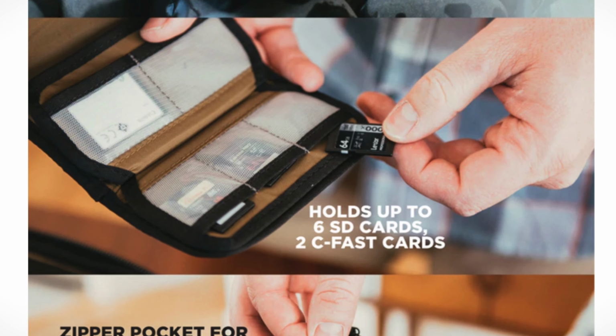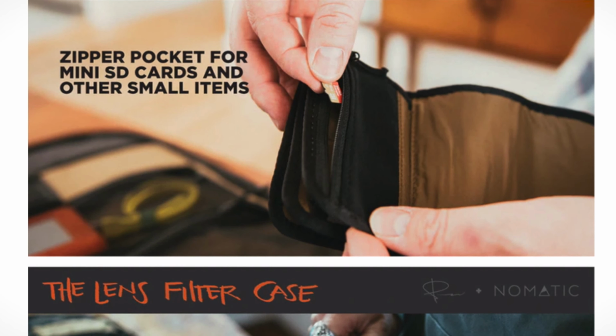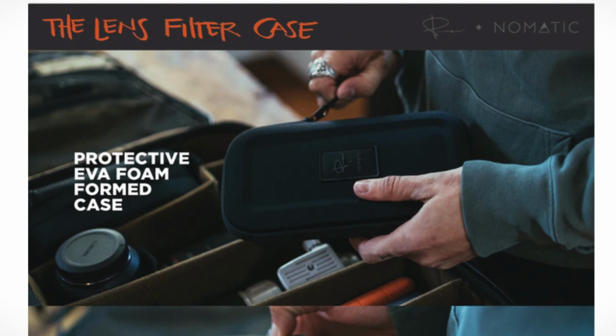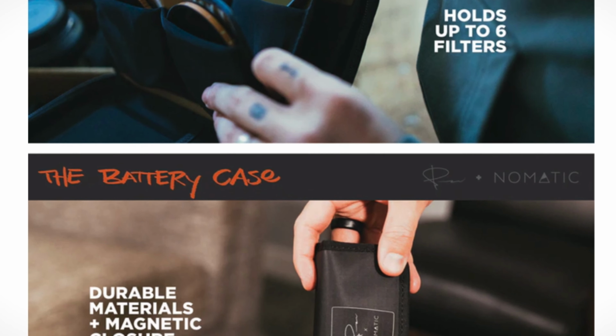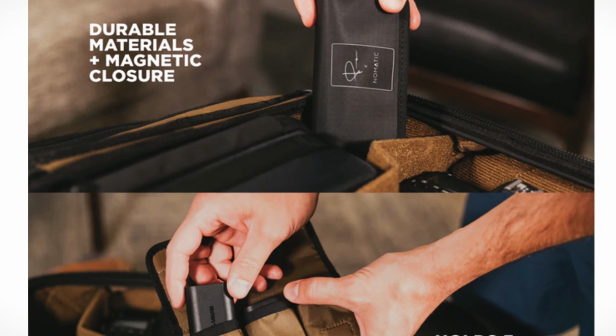So I don't know if you would want to spend that much on an accessory case. Again, it depends on your particular needs. I'm not trying to bash this particular case. I haven't gotten hands-on on it, but it's just something to note. If you want the premium accessory case, there you have it. That's going to be one of those. But if you're looking for a less expensive alternative, you can probably find it and get the same benefits, which